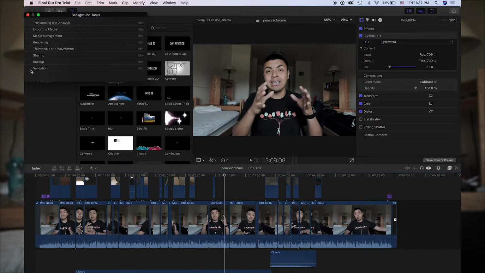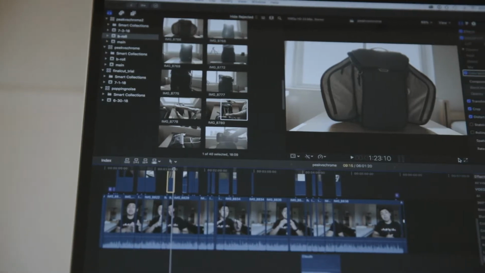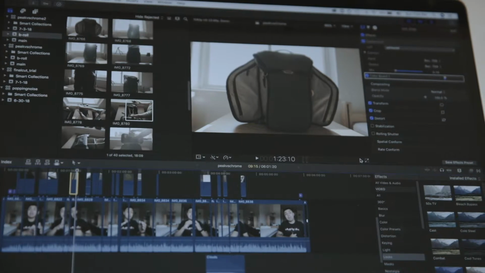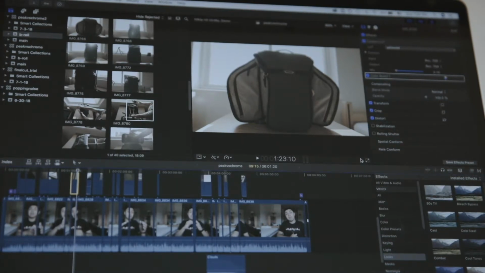Lastly, let's talk about this thing called optimization. It's something that everybody talks about when they're moving from Premiere to Final Cut. And I realized how fast, how agile, this isn't a Pokemon, but how great it was for the Mac. And that's because it's designed for the Mac ecosystem. By the time that I was done editing, I could render out, and within minutes, I could have it up on YouTube. Now, rendering takes a while, uploading takes a while, and this saved me so much time and speed, and it was just amazing.